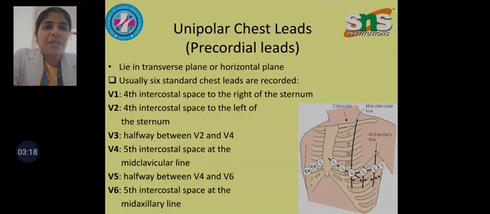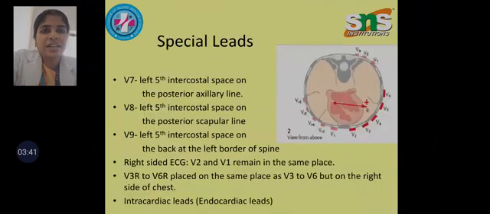Here V1 is placed in the 4th intercostal space to the right of the sternum. V2 is placed in the 4th intercostal space left of the sternum, and V3 is placed between V2 and V4. V4 is placed in the mid-clavicular line of the 5th intercostal space, and V5 is placed between V4 and V6. So finally V6 is placed in the 5th intercostal space at the mid-axillary line, and special leads are also there, V7,